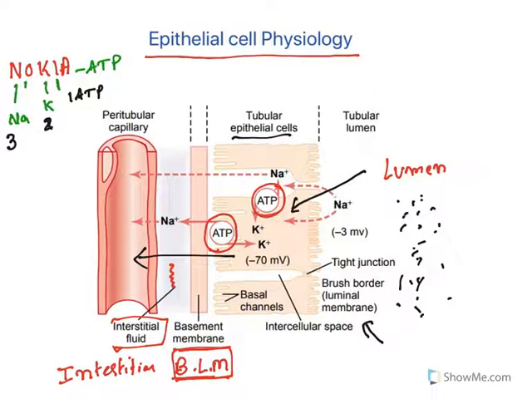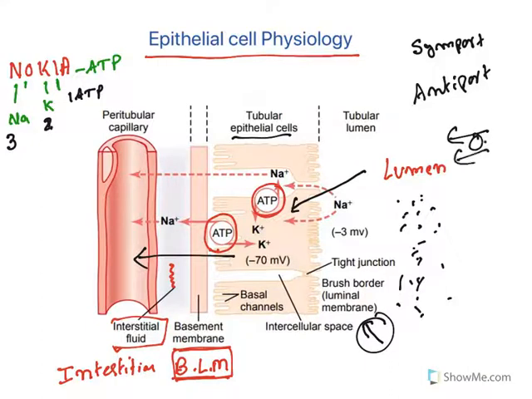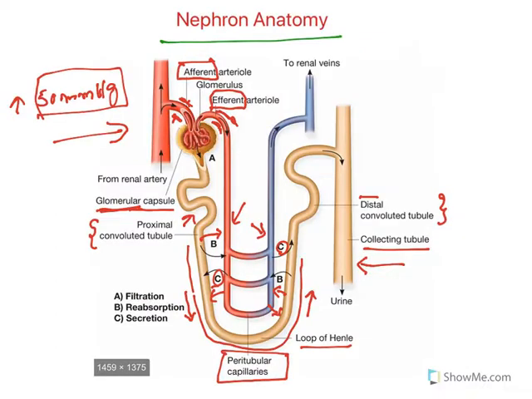Whereas on the luminal membrane side you have many symports and antiports. Now symports and antiports are pumps. In case of a symport, the pump moves both ions in one direction. It is known as symport. Whereas antiports move ions in different directions. Every region has different kinds of symports and antiports. Let me give you a brief outline of these things.